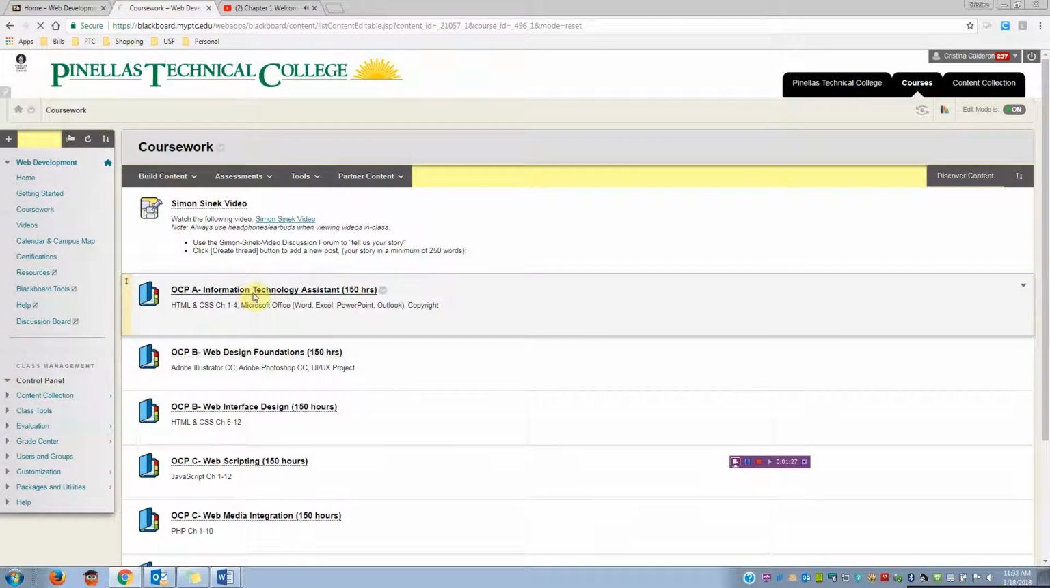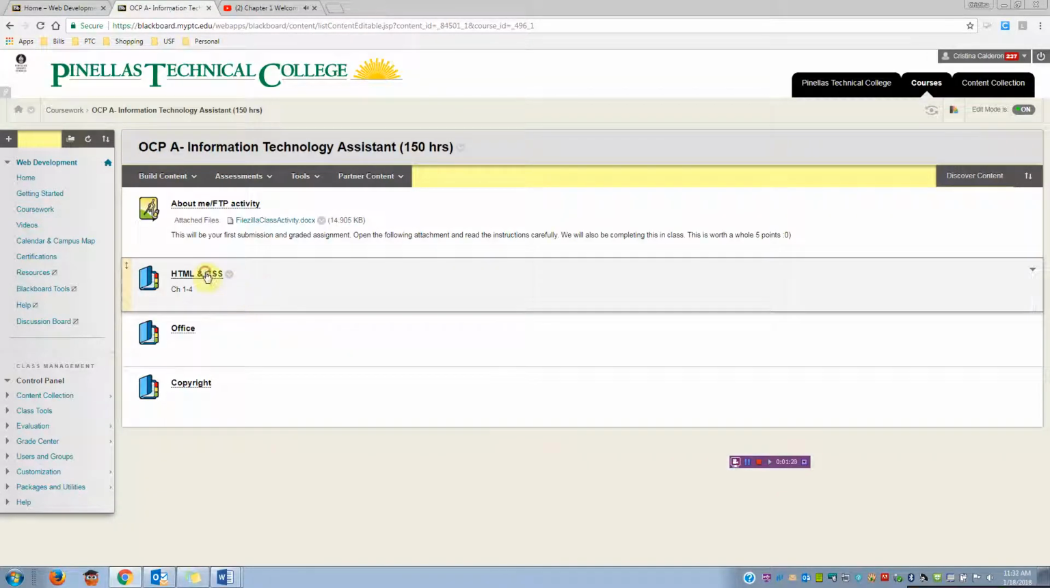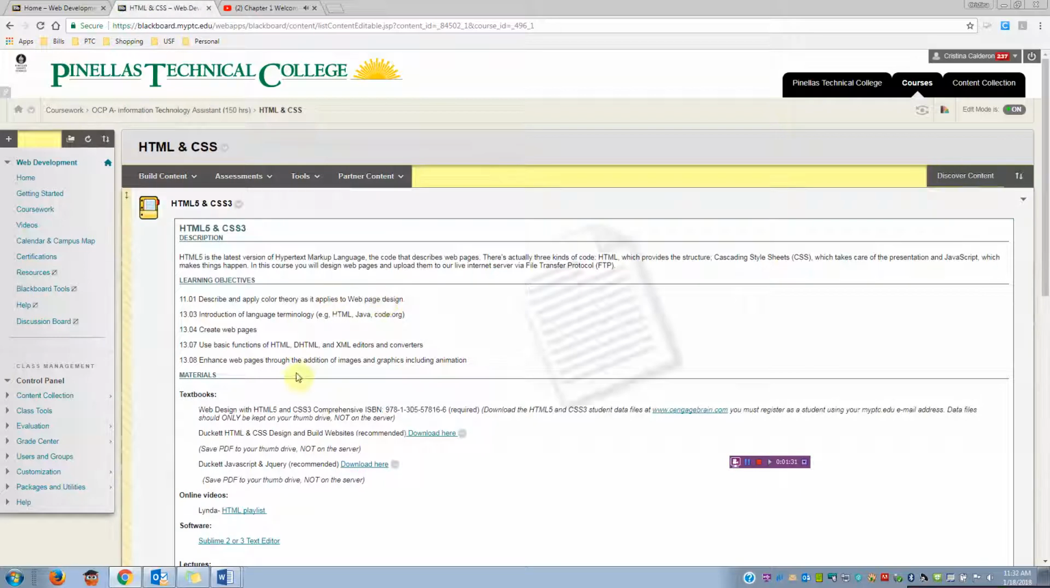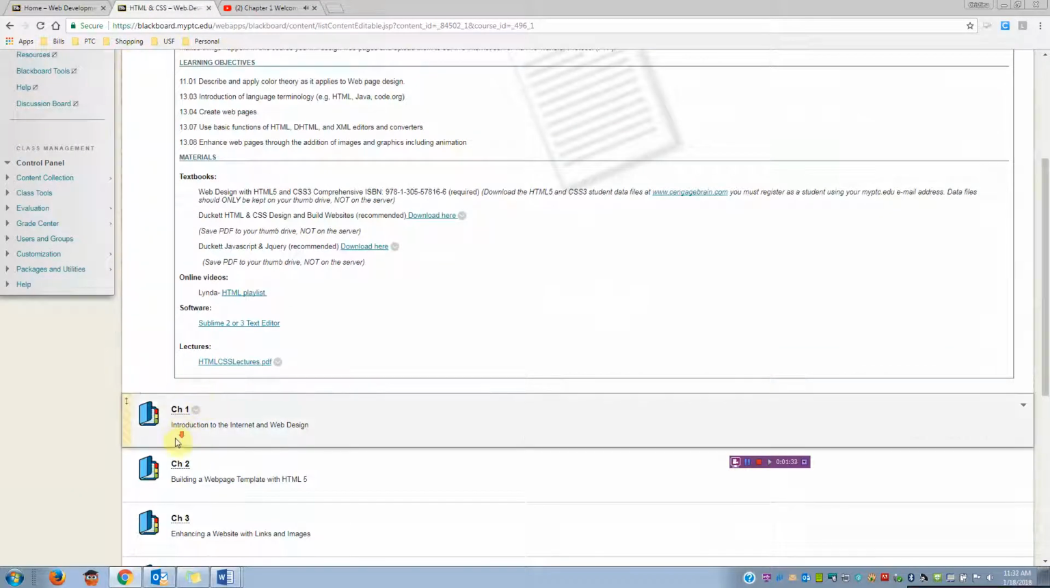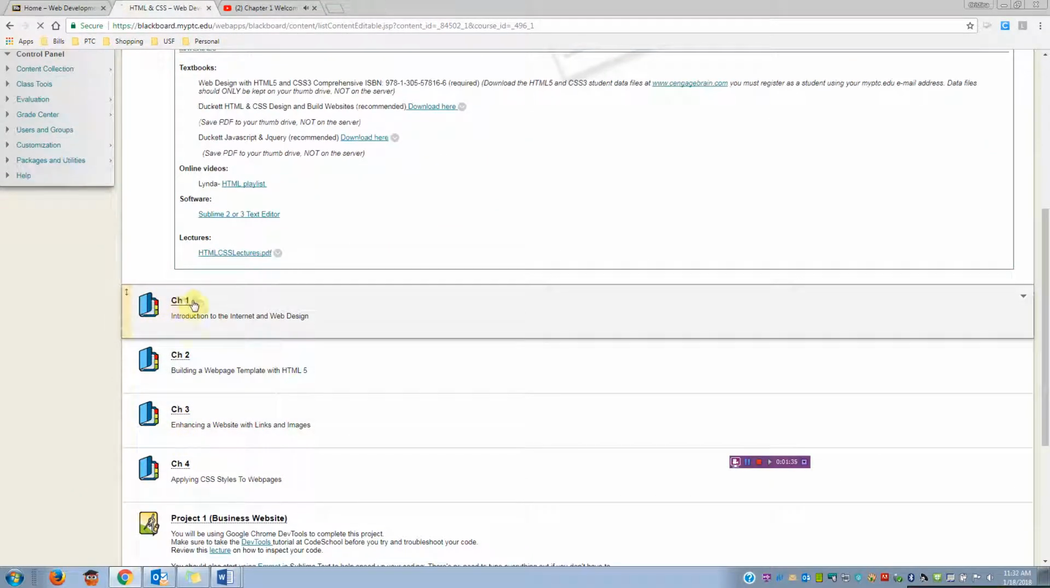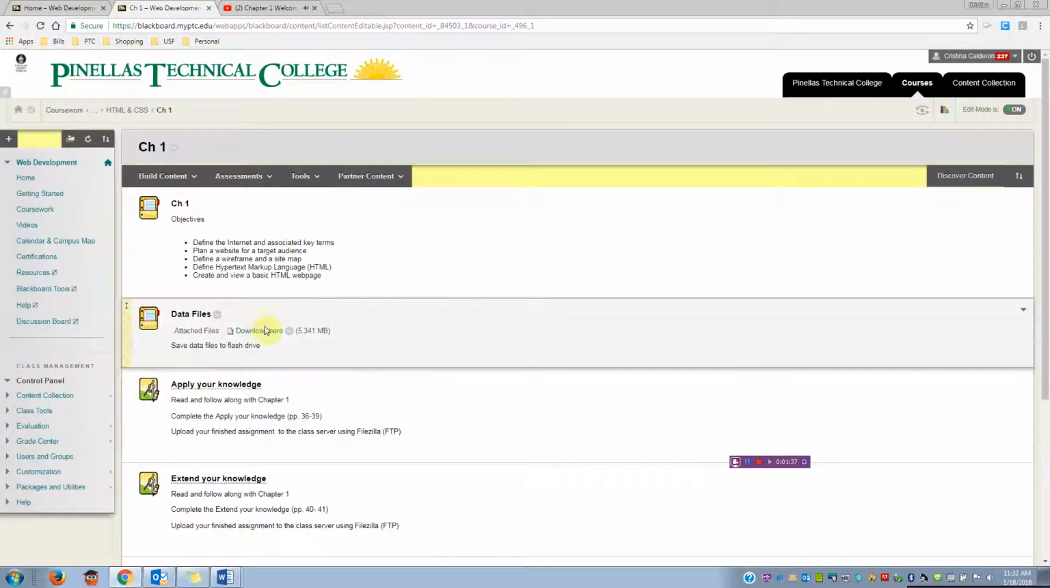Make sure that you're only keeping your data files in your thumb drive. We do not need them on the server. We do not have much space. So when you want to download, let me show you. When you click download here, and you have Chrome,